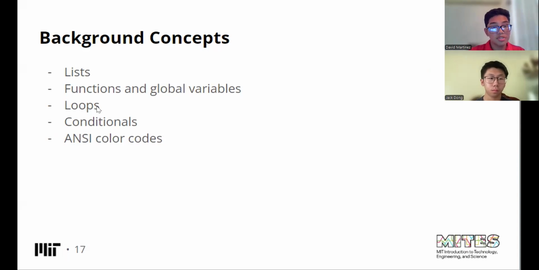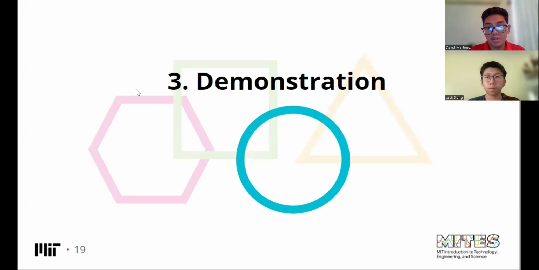We also had a lot of loops. For example, adding cards to the dealer's deck is a loop that only ends once the dealer has at least 17 points. As we mentioned earlier, there are a lot of conditionals: if-then statements, if-else, else-if. We had a lot of variables that were just true or false values, like Booleans, which allowed us to run certain parts of the code once other parts have already been checked. And then to also add some color into our project, we use ANSI color codes. So now I'm going to do a quick demonstration.